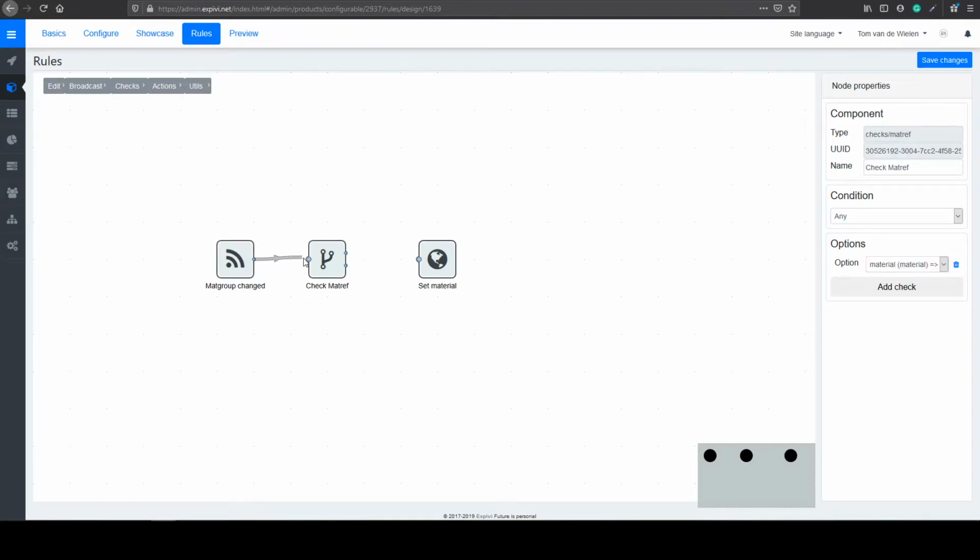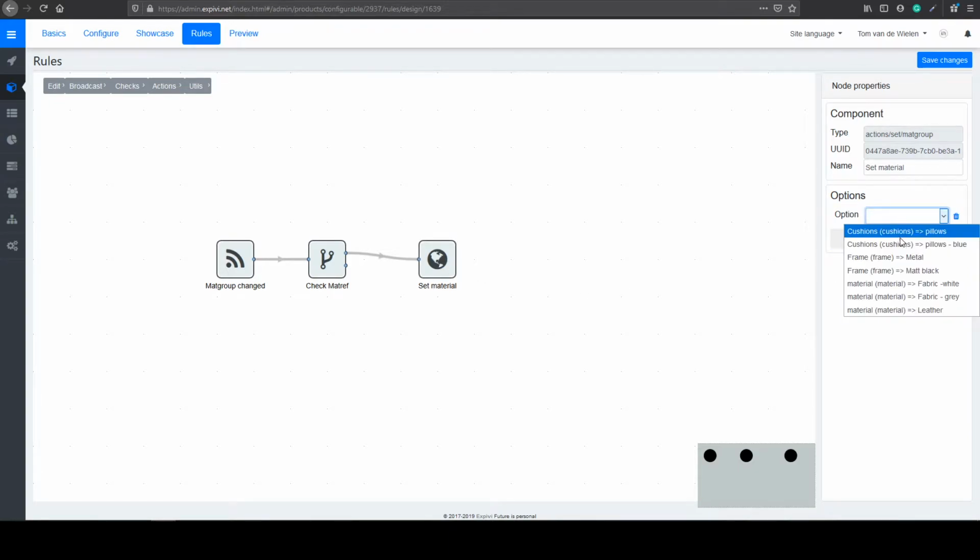We connect this up to the broadcast, and we connect this up to the set material. In the set material, we add a check for the selection of the frame in matte black, and we can say save changes. So if we go back to the preview,